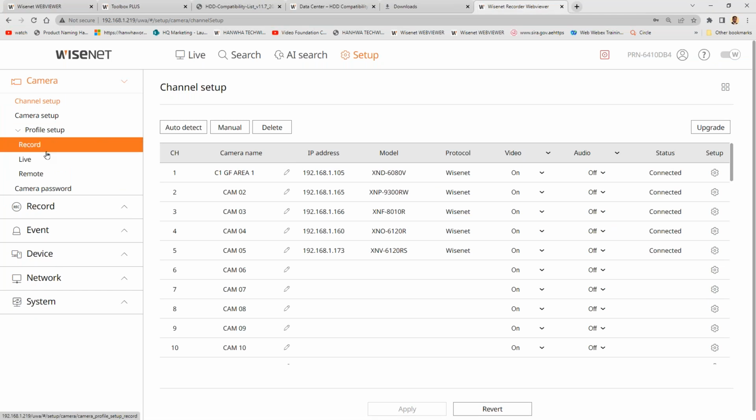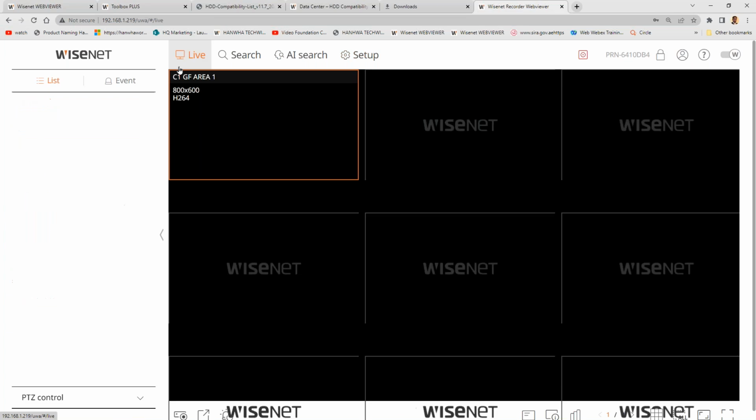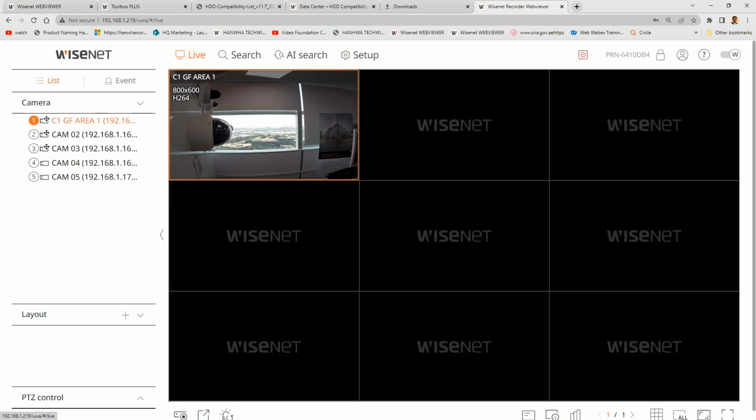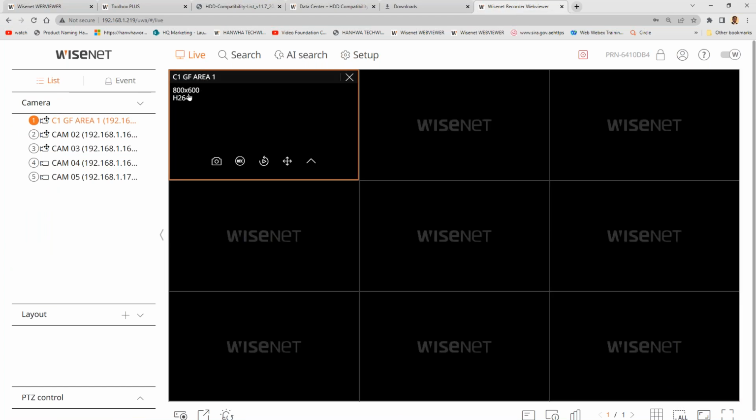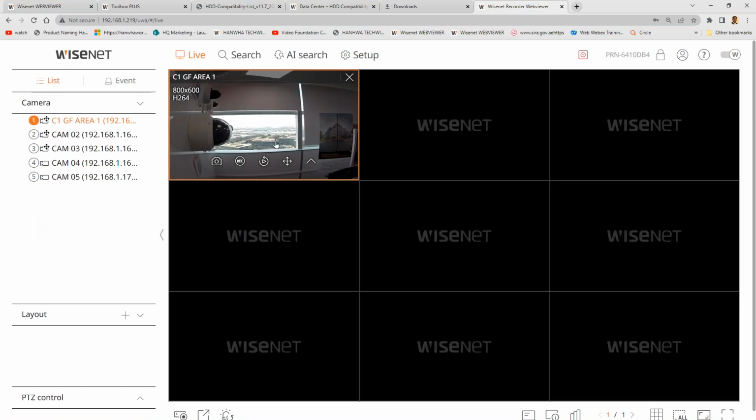Okay. So the NVR is a three profile system. Two profiles are used for live view: live high, full resolution, and live low, small resolution. So the NVR needs at least two live profiles. Then